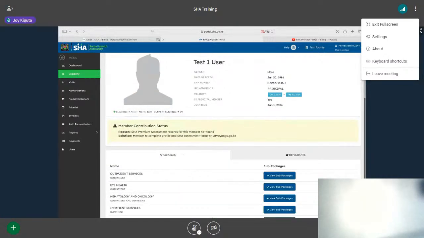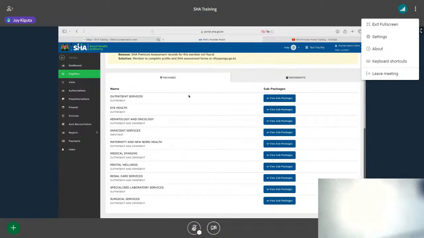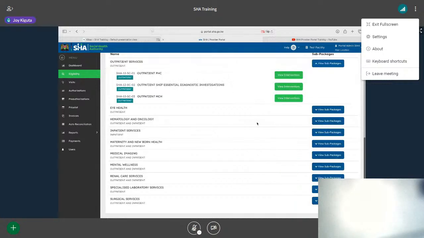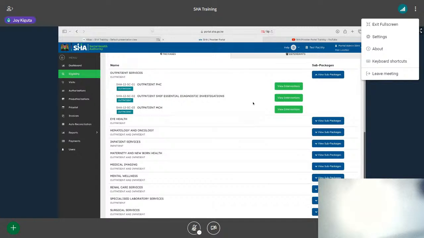Now, looking at packages, which is where you'd be able to start a visit from, these packages are modeled against the benefit packages that have been rolled out. So what you should be able to see are all of the packages, and then you drill down to see the sub packages. So in this case, for the outpatient service package, you can see that the sub packages are outpatient PHC, there's the SHIF one, and then there's